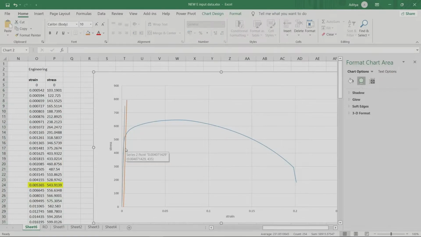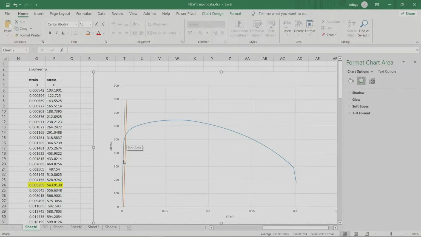There are basically two types of region, the linear region or elastic region, and after that there is a plastic deformation region. Up to the linear portion, the slope of this diagram is known as Young's modulus, that is E. And if the yield point is not specified, we use 0.2% offset.